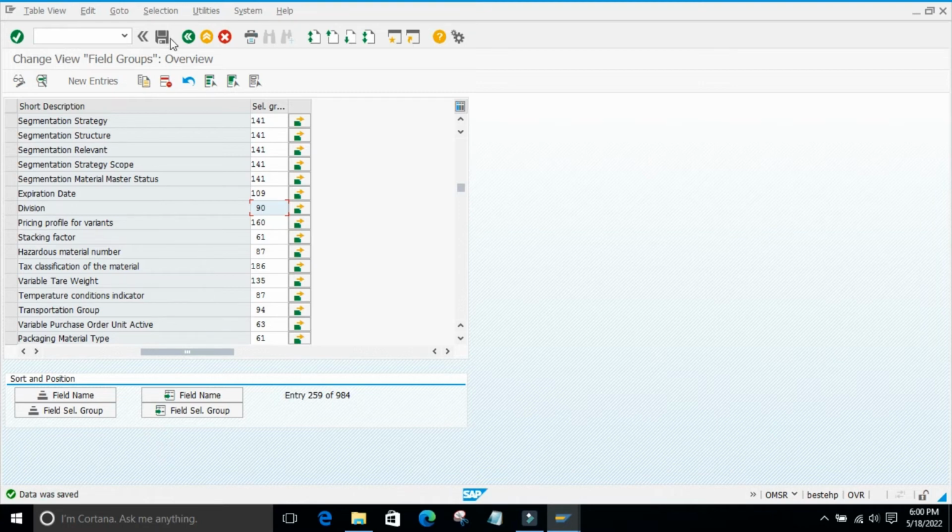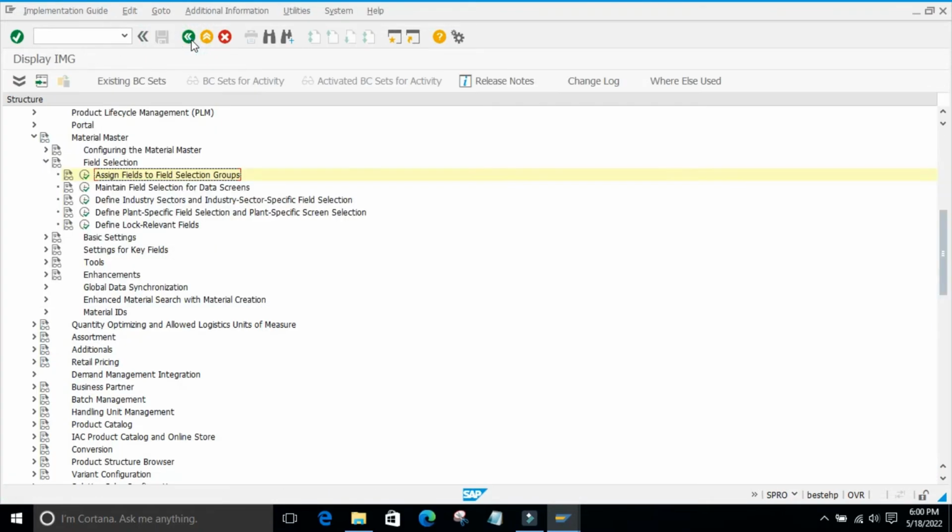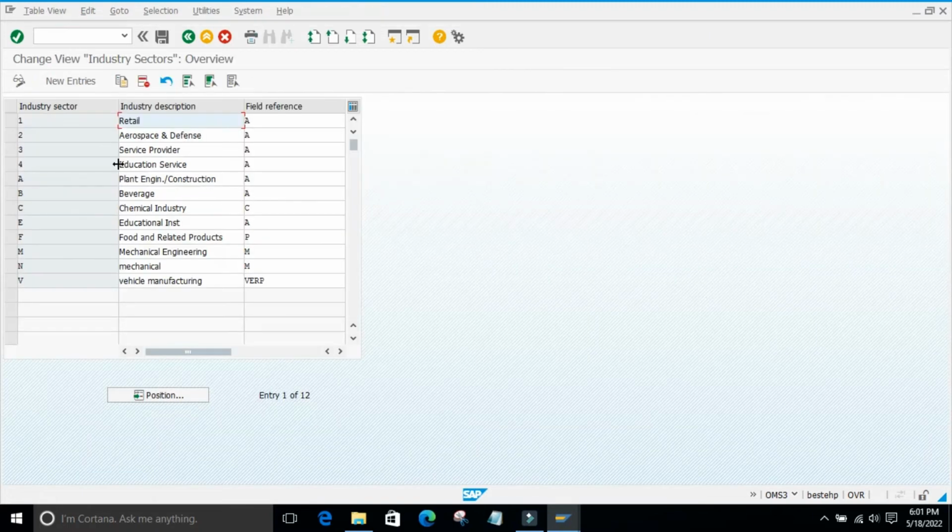So these are the two important configurations to control whether the field you want is required, optional, hidden or display. These configurations we have already seen. Here you will define the industry sector and give the field reference number,